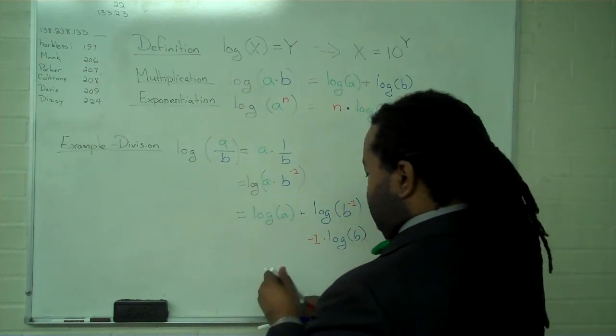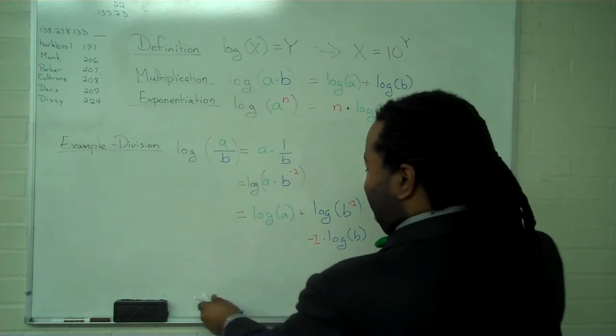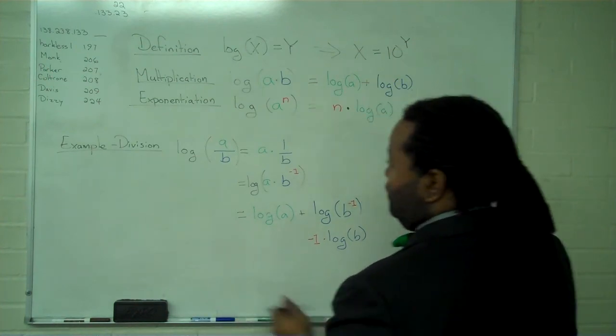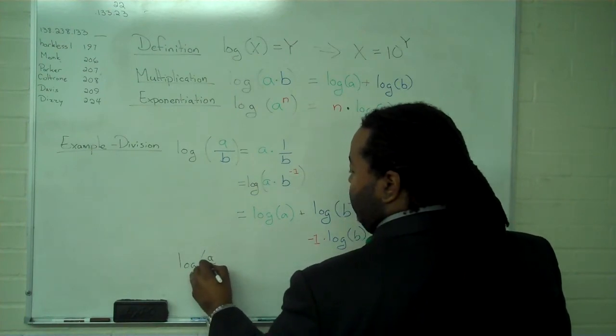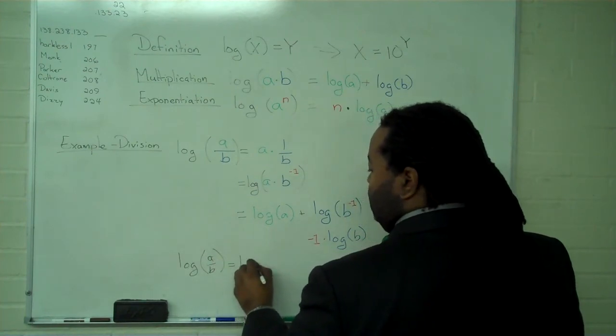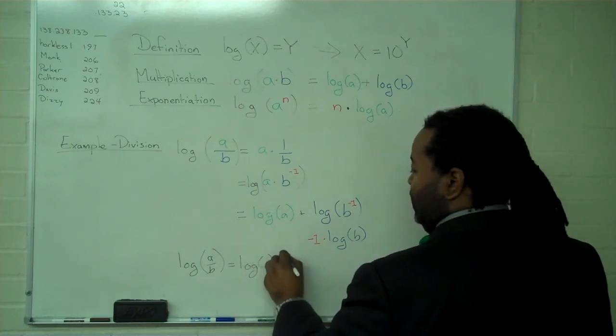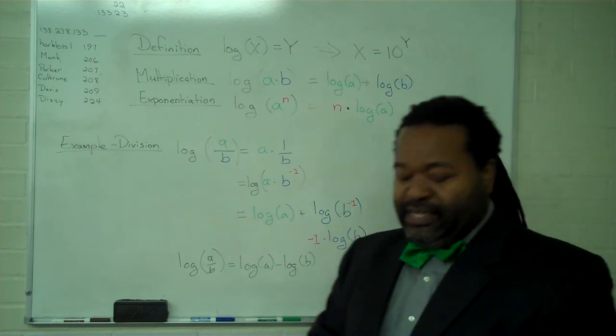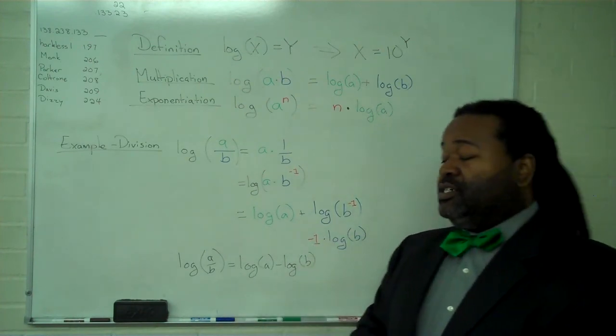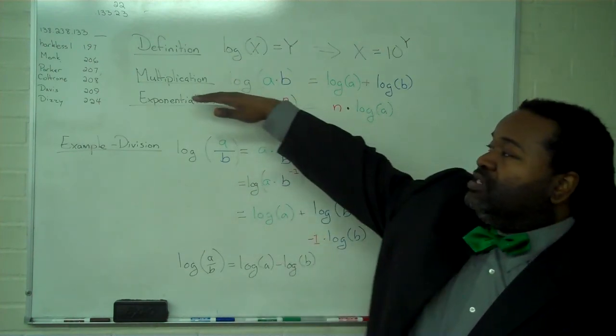And so what we'll find then, getting rid of all of the coloring, is the following for division: that the log of a divided by b is going to be equal to the log of a minus the log of b. And while this may look like a brand new rule, it's actually just an extended application of the rules